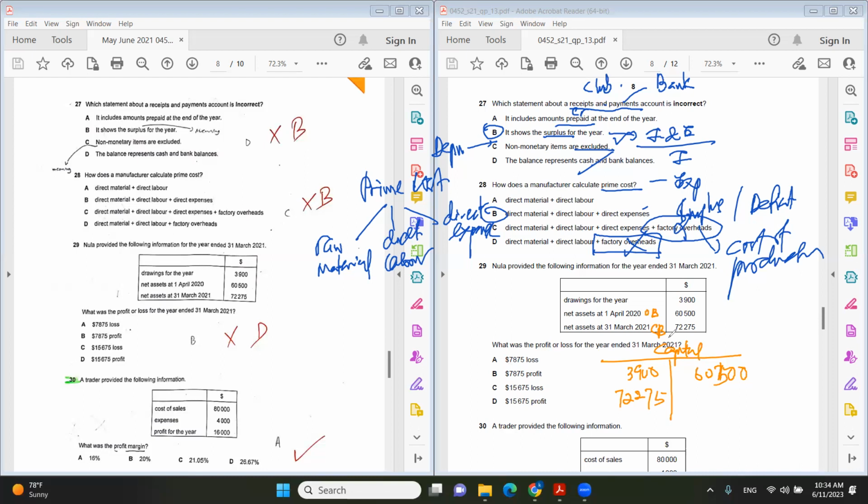And then minus 60. The amount is 15675. So if this is the amount in the credit side, this is a profit. If in the debit side, it's a loss. So you have a profit, amount 15675. Okay. Now next is that